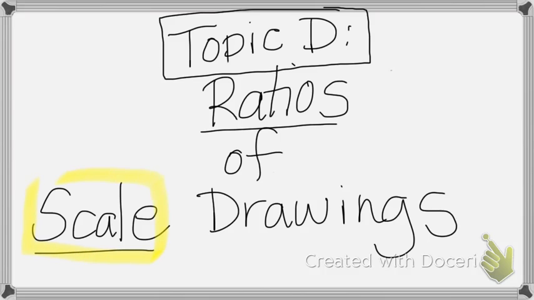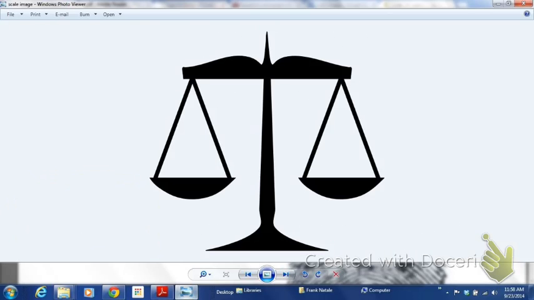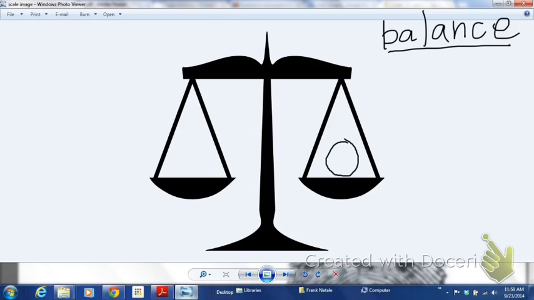And again, it can be a very confusing idea sometimes to kids. But if you just imagine a scale, okay? Now a scale has to balance, and this scale actually is a really handy tool. It's a great tool when we're talking about algebra. But I'm not exactly going to talk about algebra in this sense. Maybe I am, actually. Now with scale, if you had, let's say, one thing on this side,